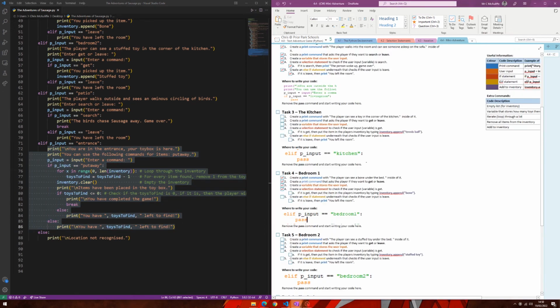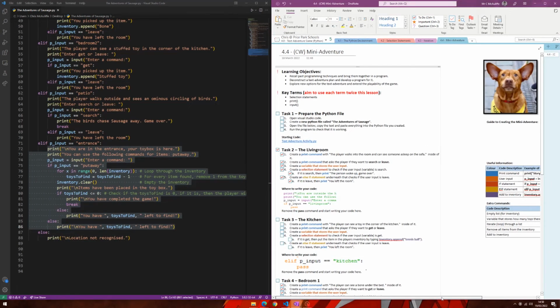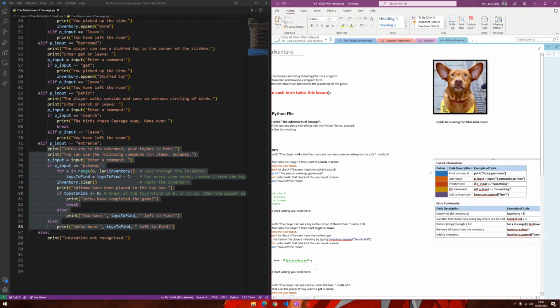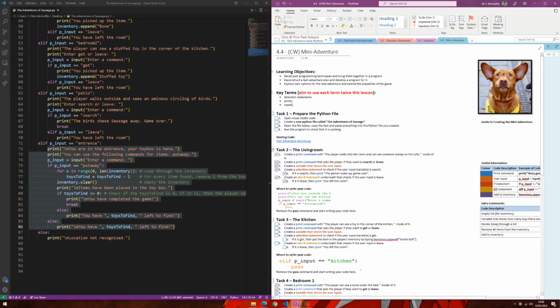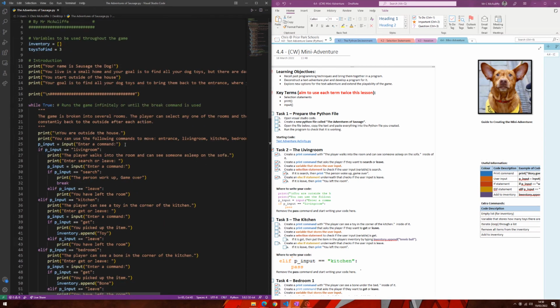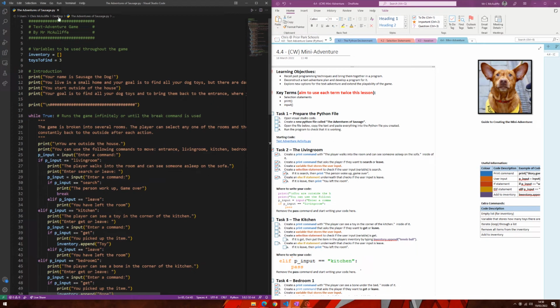Inside this document, you've also got a list of the useful information on the side here. And you can see they're all color-coded. So for example, when it asks you to create a print command, you can see here from the color blue that this is how you do it. At the end of this, you should have a fully functioning game. Let's try it out. I'll click run, start debugging,